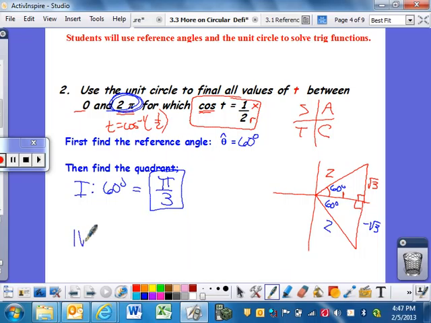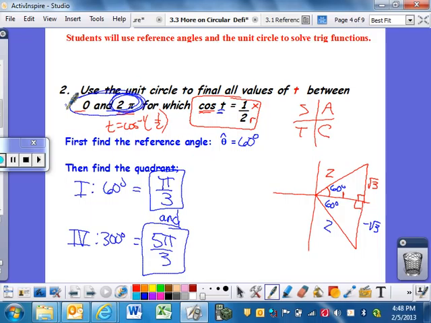Problem is, in the fourth quadrant, I'm 60 degrees short of 360. So that'd be like a 300-degree angle. Another way to think about it is I'm pi over 3 short. However you think about it, 300 would end up being 5 pi over 3. So these would be my two angles that make this scenario true between 0 and 2 pi, or 1 full